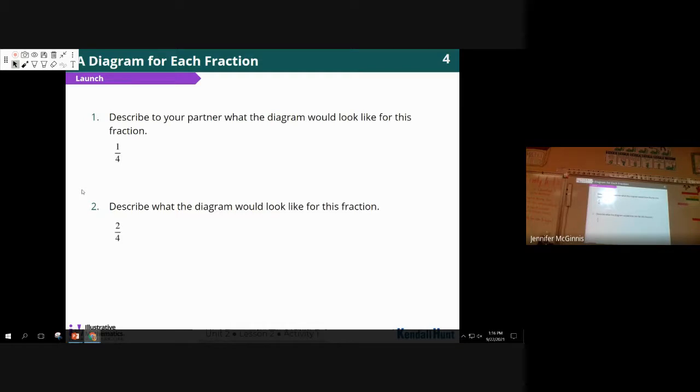Talk to your table about describing what the diagram would look like for this fraction. So here's 4. Here's 4. And on here,